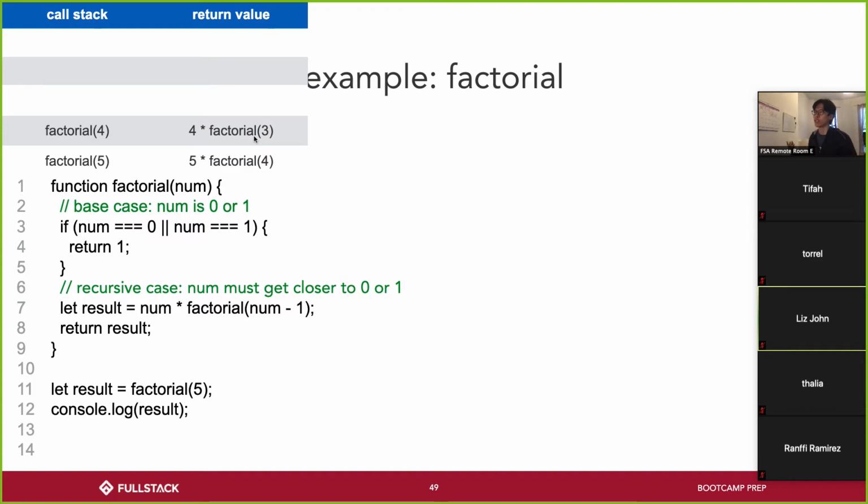I can't go anywhere because I need to know what this evaluates to. I need to know what factorial 3 evaluates to, and I don't know yet. So it's just going to keep that in memory, right? And it's going to say, I'll get back to you later. It's essentially like we could imagine,